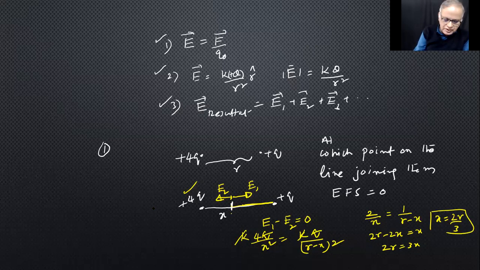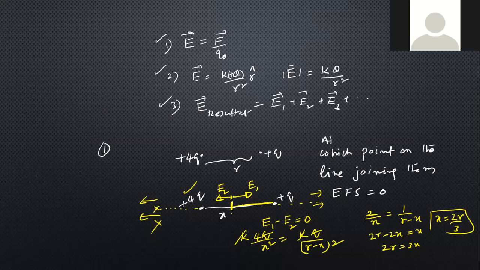And remember, for this case, at any external point, there's no chance of the field becoming 0, because the field of this will be away like this, and the field of this will be away like that. Even here somewhere, plus Q's will be like this, plus 4Q's will be like that. So the field strength cannot be 0 again. So only between them does it become 0.